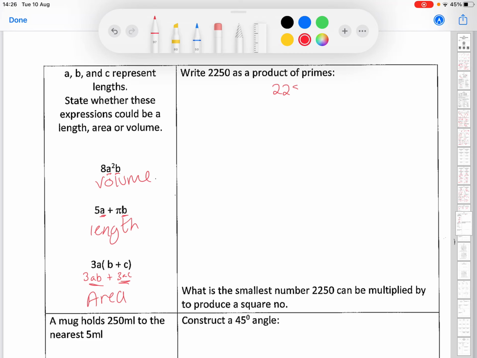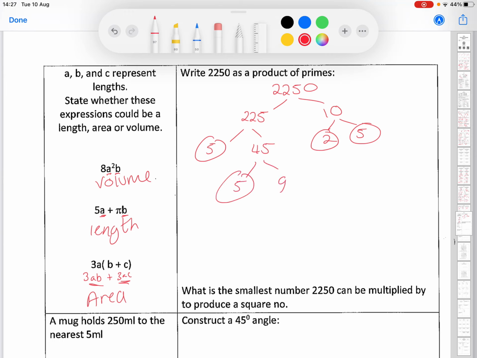The one next to it, so we've got 2,250 as a product of primes. So we start with 2,250. I can't even say that number. So that could be 225, I can say that, times 10. So neither of those are prime. So 10 is 2 times 5. Those are both primes. 225, we could do 5 and 45. 45, we've got 5 and 9. And 9, we've got 3 and 3. Wow. So 2,250 is 2 times 3 to the power of 2 times 5 to